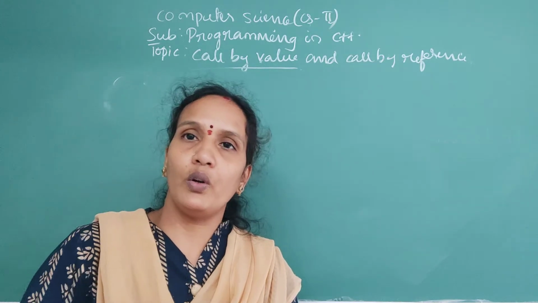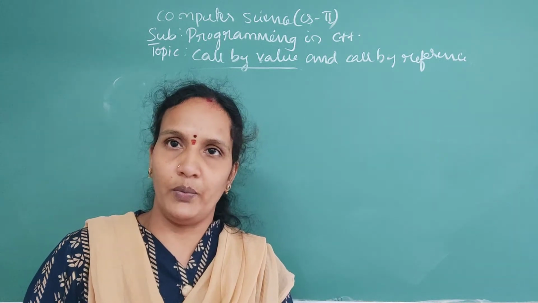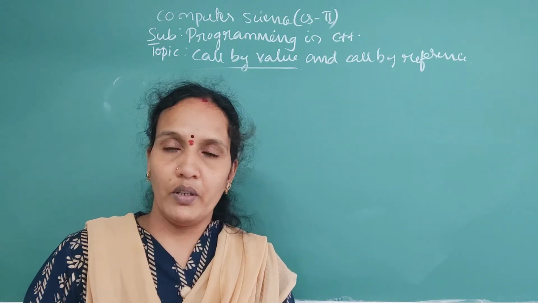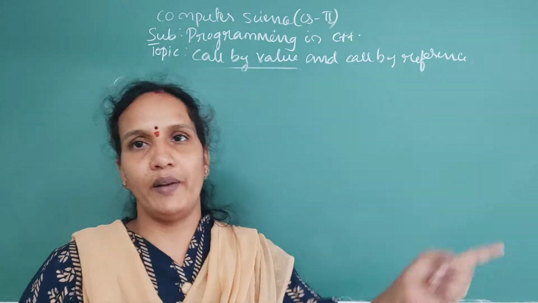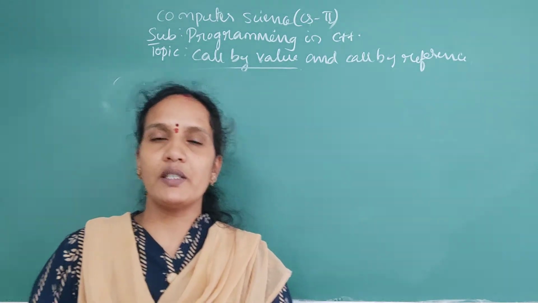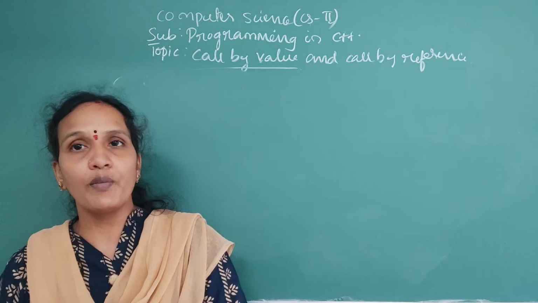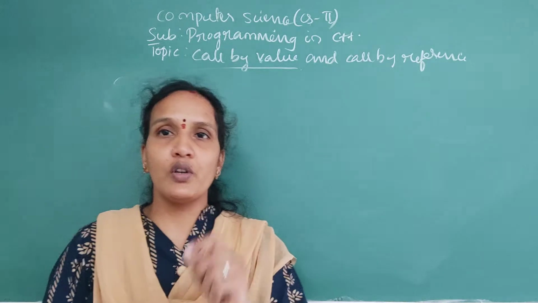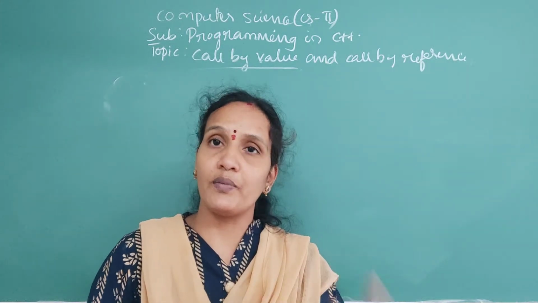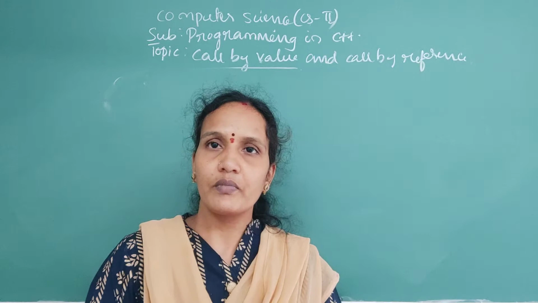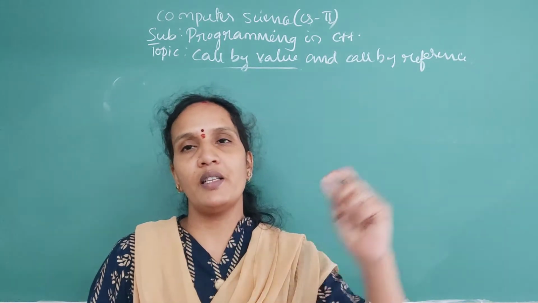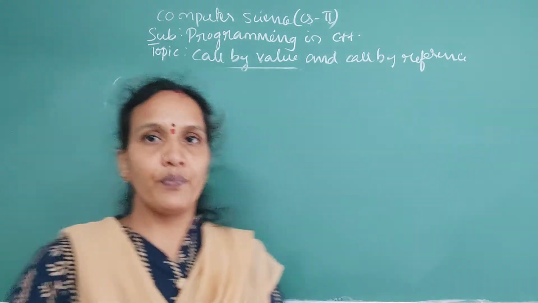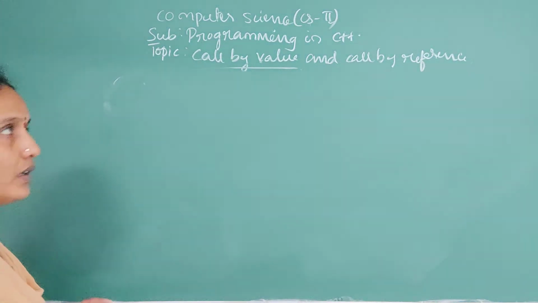But if you don't want to fix the value, if the user-defined function wants to change or modify the value, then we use the second method, call by reference. In this case, instead of passing a value to a user-defined function, we give the address of the actual parameters to the formal parameters. Then these formal parameters can directly access the actual parameters' values.